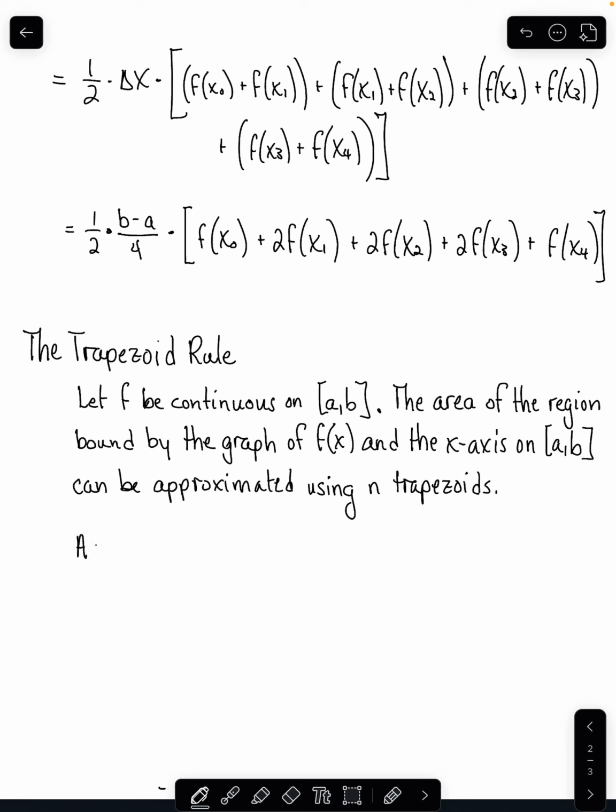And the area is approximated by the formula 1/2 times b minus a over n. This is often then written as b minus a over 2n